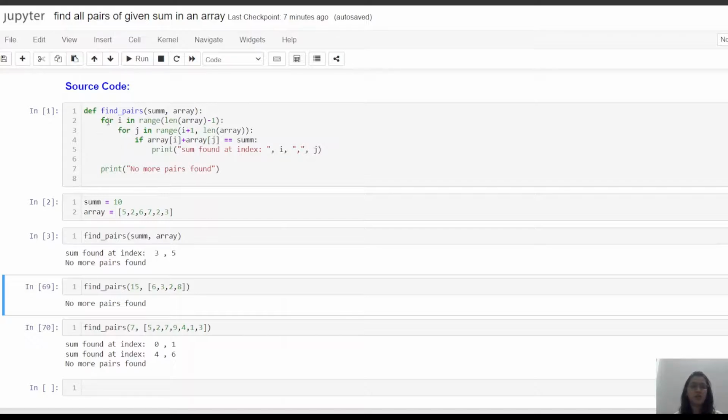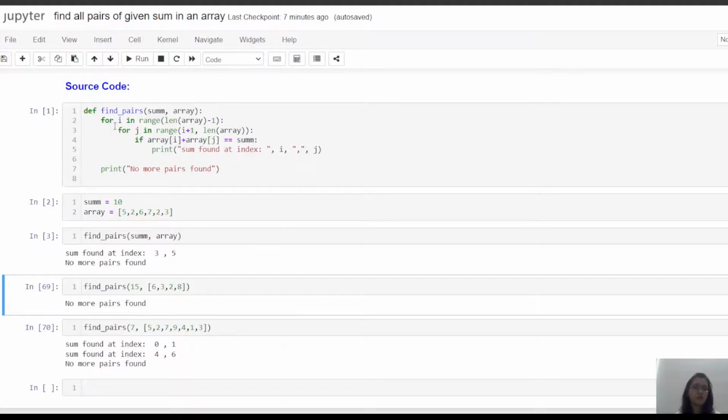So we will go back to the i and the next number we are going to get is 2. So now 2 is here, and now in the second loop we are starting with i plus 1. So that is 6. So 2 plus 6, 2 plus 7, 2 plus 2 and 2 plus 3. Again in this iteration, when we check the condition for i plus j, we did not find any summation. So we did not print anything.